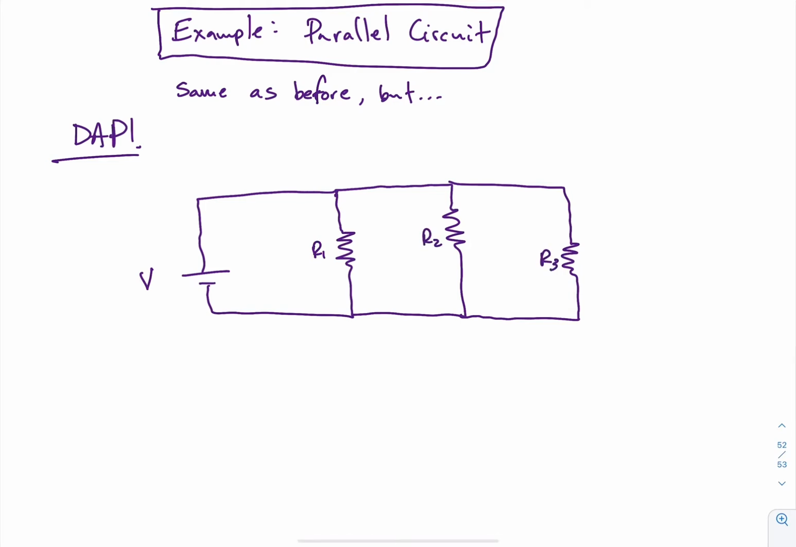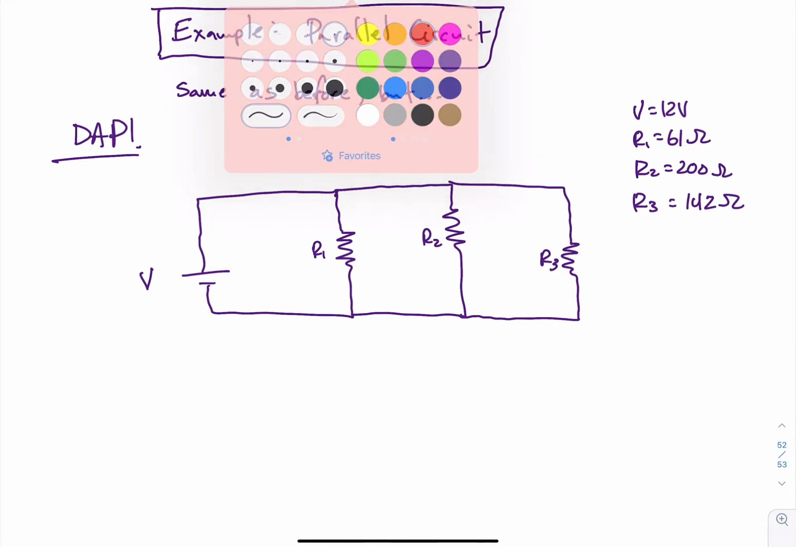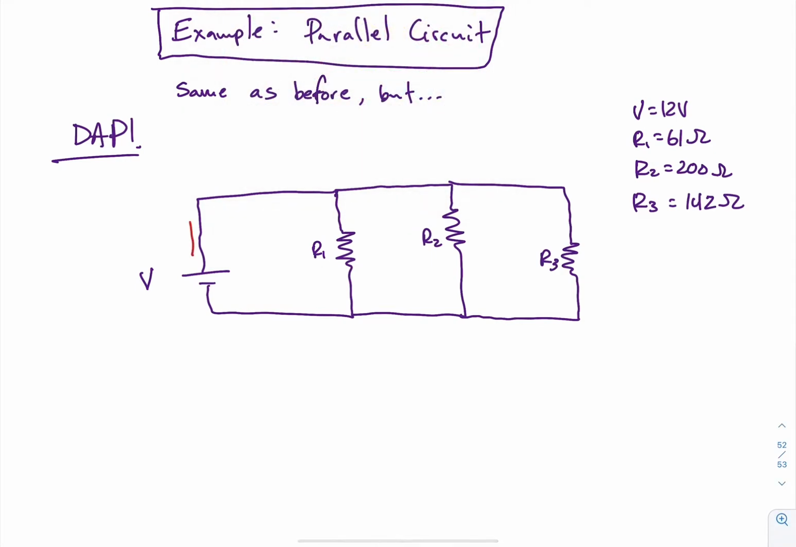I think we'll use the same resistance values as our previous problem. And so we know that V is 12 volts, R1 is 61 ohms, R2 was 200 ohms, and R3 was 142 ohms. We're also going to try to show the current that gets established by our power supply, but this